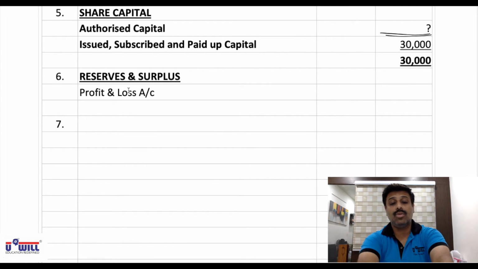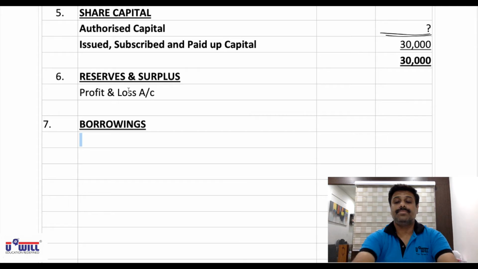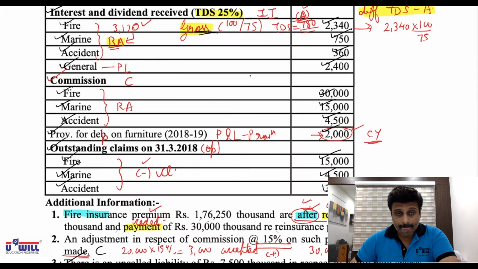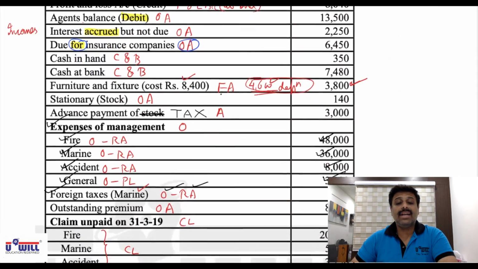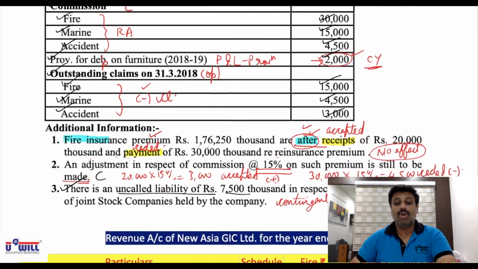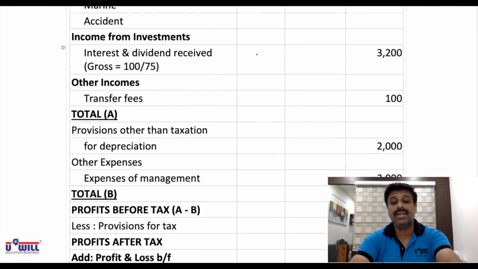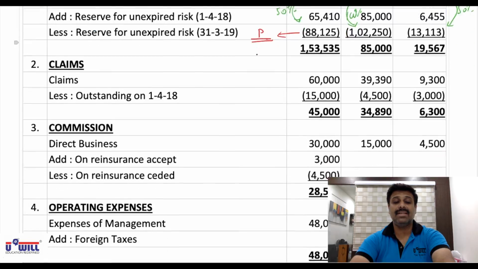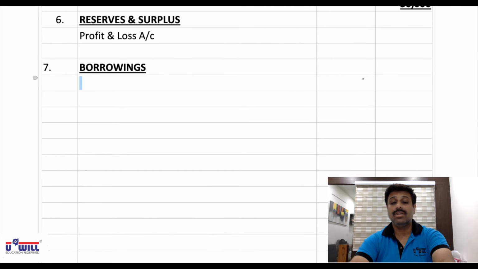Then the 7th note we make is for borrowings. No item is there marked as B for borrowings. Borrowings are not done by this insurance company. So borrowings would come as nil. Then the 8th would be